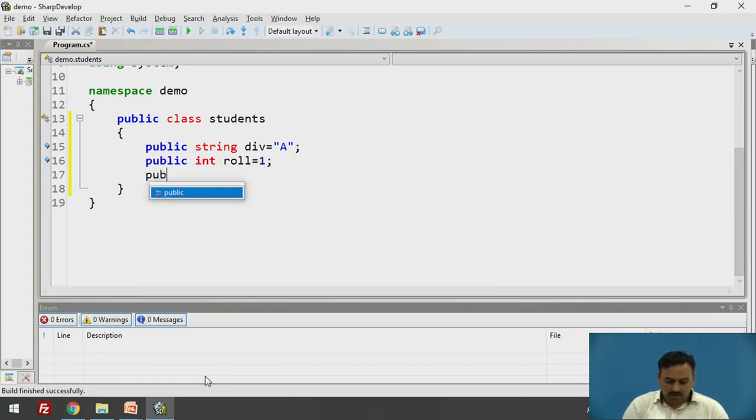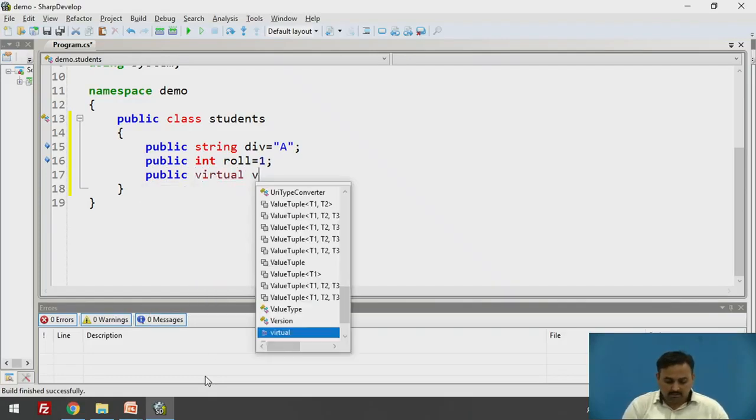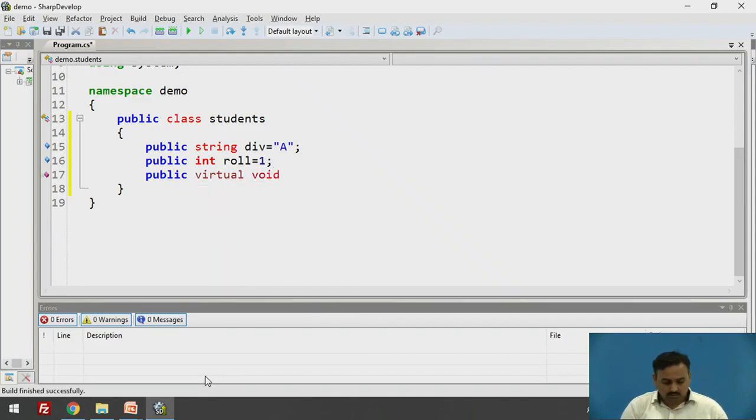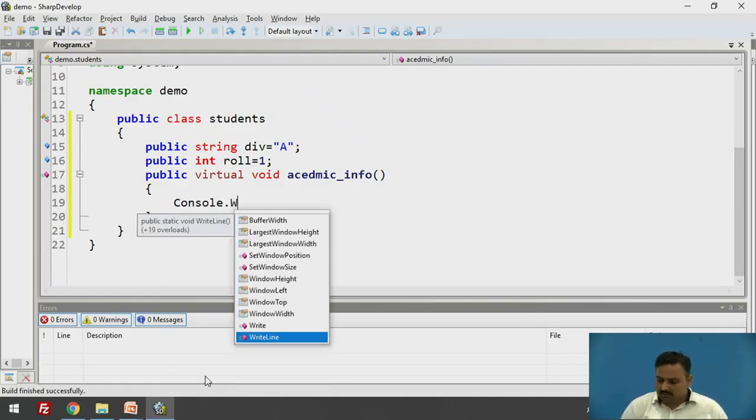I want to add one more method there. We are going to override this one, that's why I am writing virtual void there. Let's say AcademicInfo is my method, and under that I want to print the data of this class.